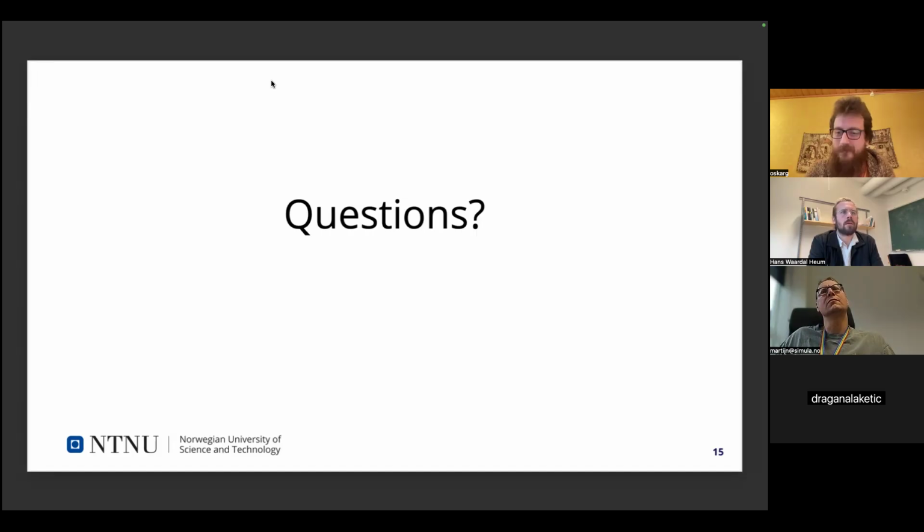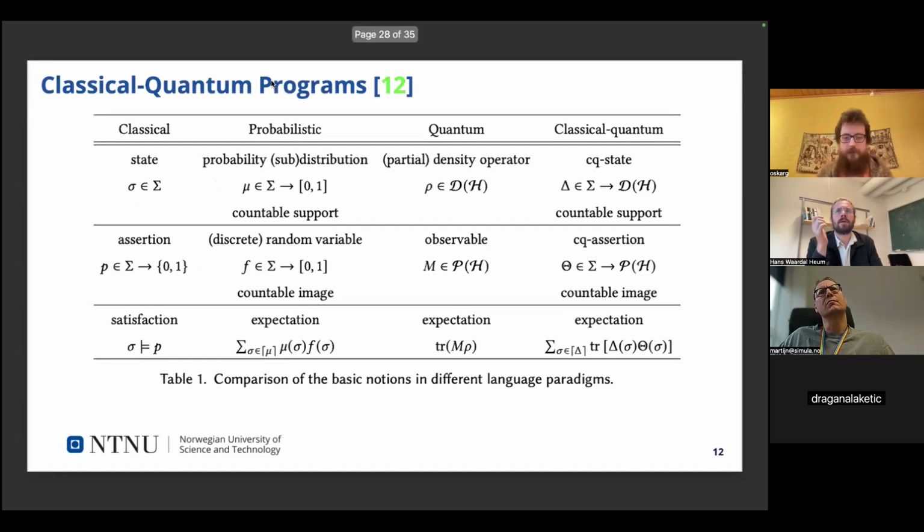Yeah, that makes sense. Unless there is somebody else, I will shoot ahead with a quick other question. We're slightly over time, so if anybody has to leave, just go ahead. But I was wondering where you introduce this table comparing the different paradigms. I was trying to understand better what is happening in the classical quantum world. What is the notation saying here, and why does it make things easier?